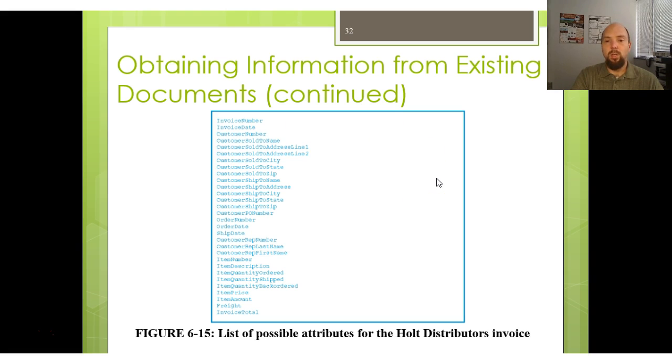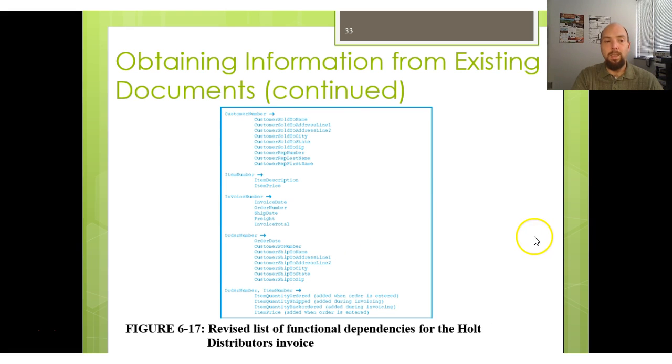Okay, so what we're going to do is start listing out what all of these things are just by getting the names of what I believe they're called. And then we're going to try to force them to all start with customer, the customer information. And we're going to have things like items. And so for each item, we'll start with item. What this allows us to do is start breaking it down, and we can look at customer number. What is that made up of? Then we have our items, we have invoices, we have orders, and so forth, and we can look at all of the things that make up those particular pieces of information,